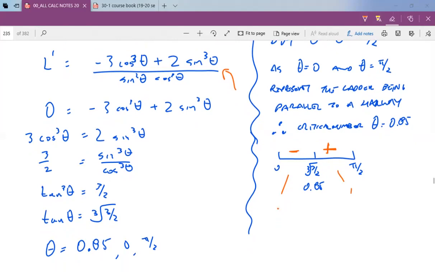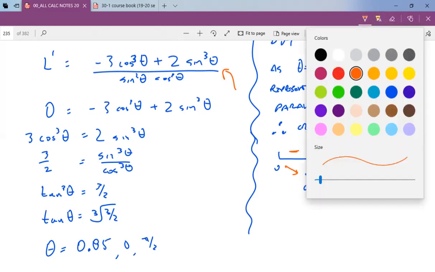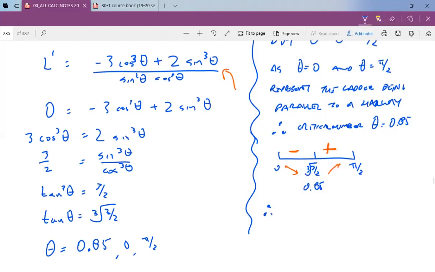Once we've done that, that tells us this is decreasing until it gets to the cube root of 3/2, and then it is increasing. And so therefore we can conclude a minimum angle